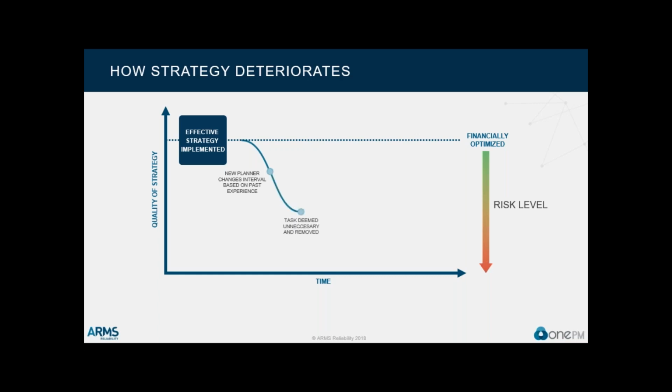But we often go even further than that, and our strategy declines even more, and we start removing tasks that we feel are unnecessary. We start to get feedback that our inspections aren't finding anything, so let's push out the interval. And we hear that all the time, and that's pretty scary as a reliability engineer to hear that kind of thing,